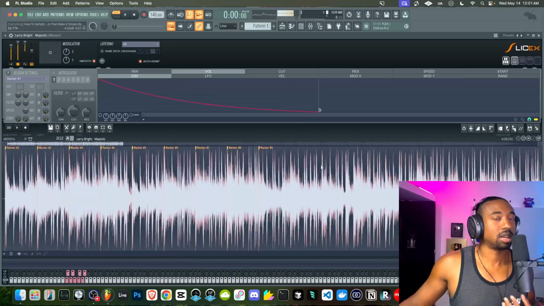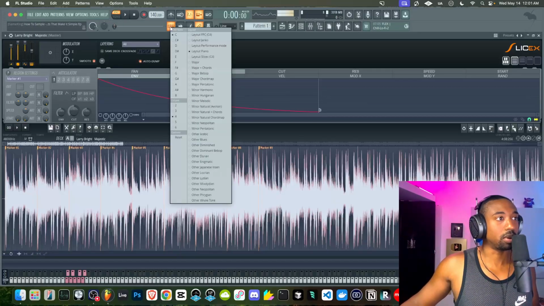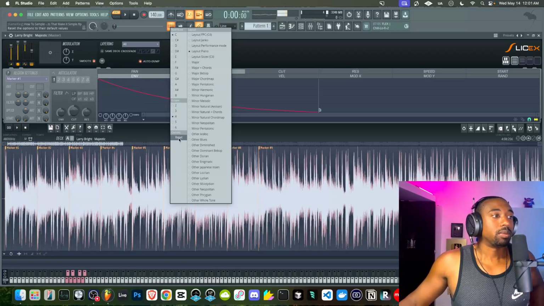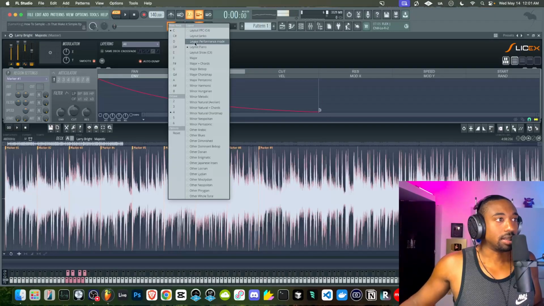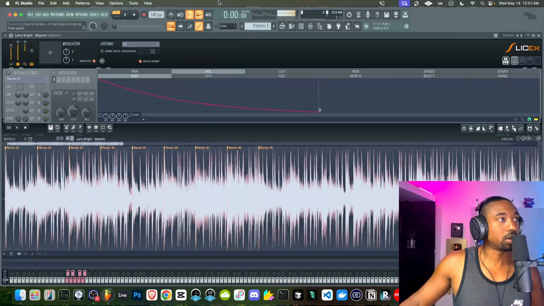So now I can play these chops with my MIDI controller. If you don't have a MIDI controller, you can right click here where it says typing keyboard to piano keyboard and go to where it says Slicex. Okay, you just have to change the octave depending on where your chop is. So in this case, just hit reset and then right click and then select slice. So now I can use my MIDI controller to trigger these.